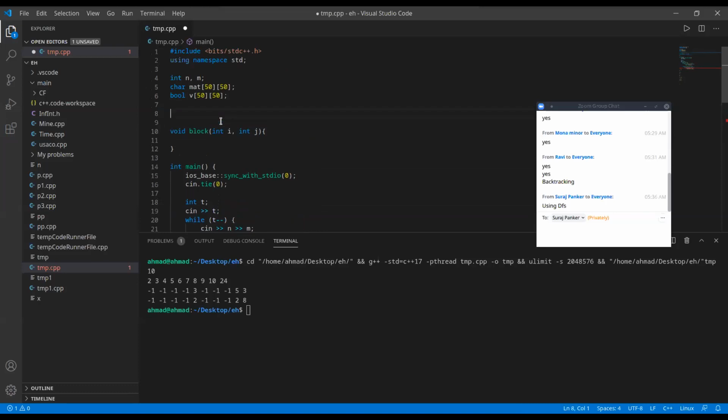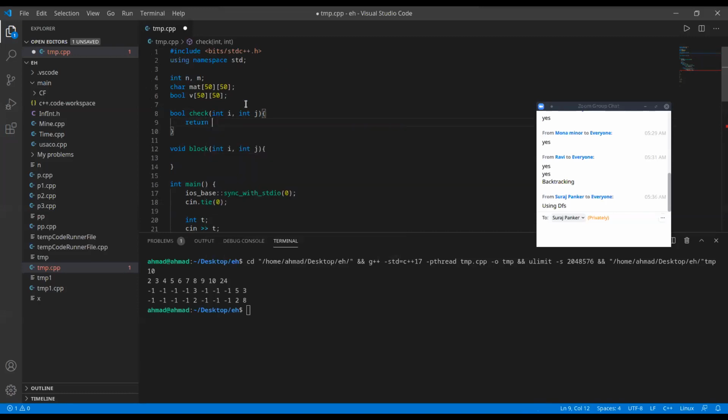So again, I'll make a Boolean function called check. It will also take int i and j. This function returns whether the positions for i and j are valid. If it's not between n and m and 0 and 0, I return false.